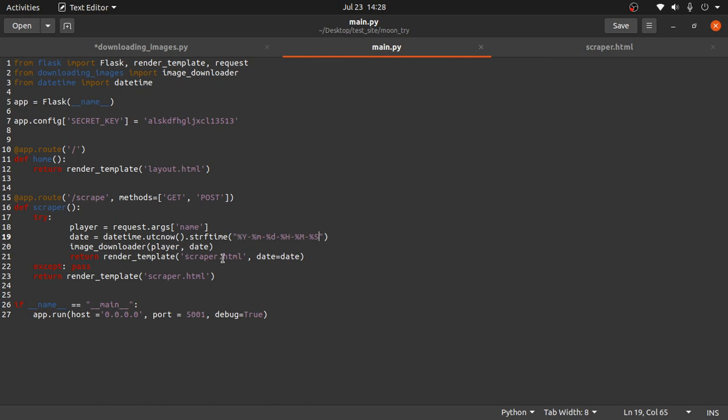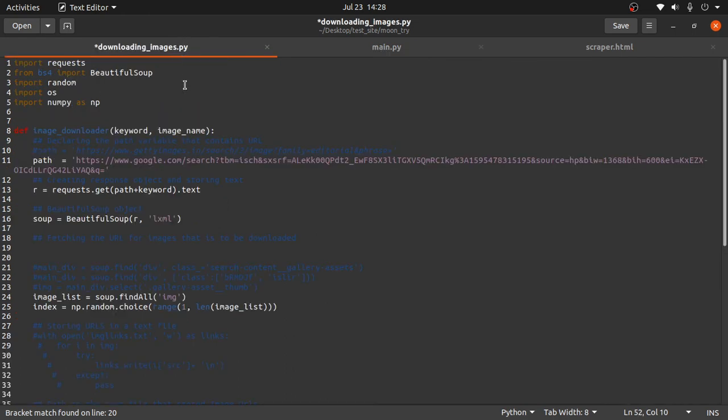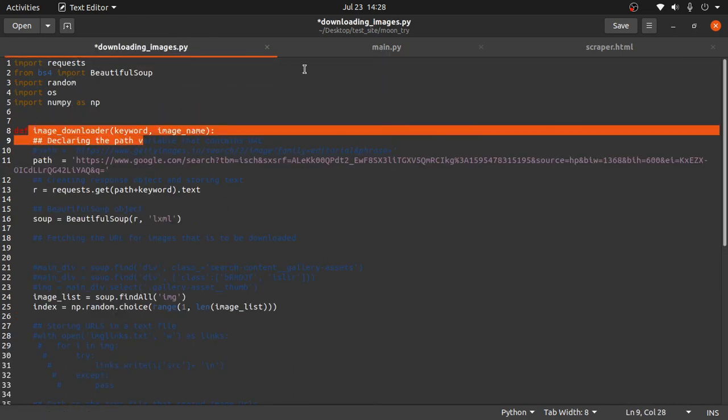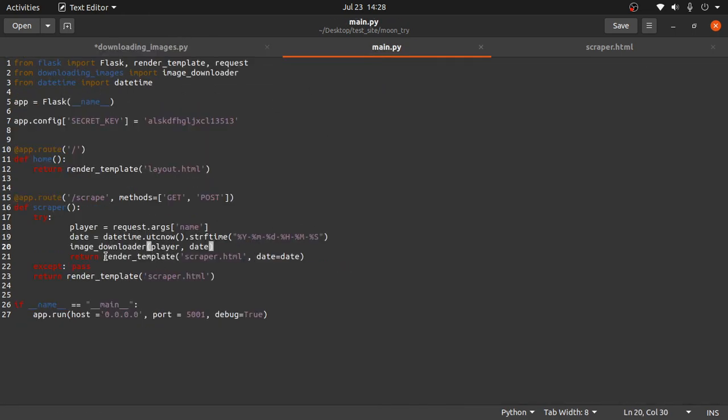Because even after a second, when you request another image, the name of the downloaded image should be different, and that downloaded image will be shown back to the user. So I want the name of every file to be different. Then I'm calling this image downloader function that is present here, and next I render template, date equals to date.